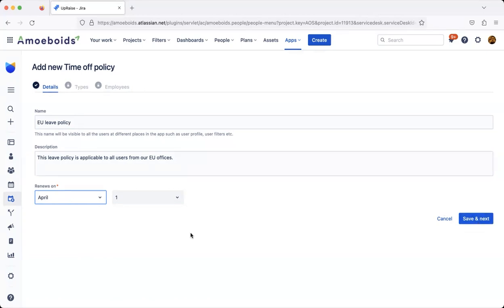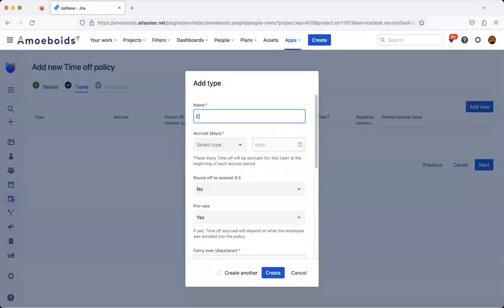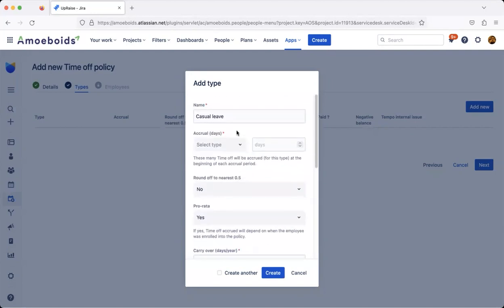I'll click on save and next, and then I will be brought to the page where I can define different types for this leave policy. Let's say I want to add a casual leave. Here, you'll notice there are a bunch of configurations. We'll go through these configurations one by one. You add the type of leave, right? Casual leave, maternity leave, community service leave, whatever makes sense for your situation,